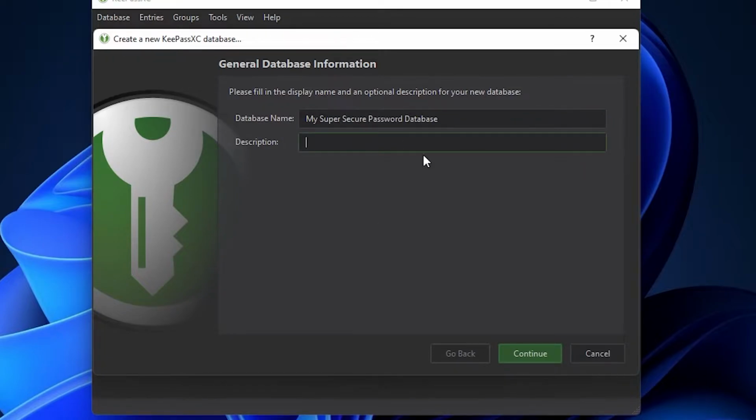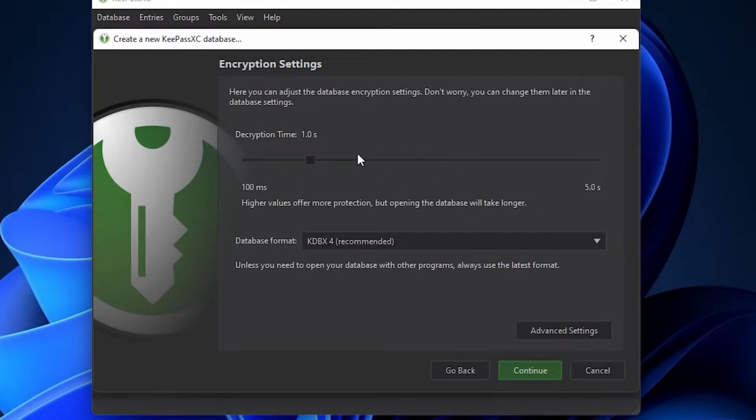So we can also give a description. So once you fill all those, let's click on continue. And here in the encryption settings you can keep those values as default, but if we go to advanced settings